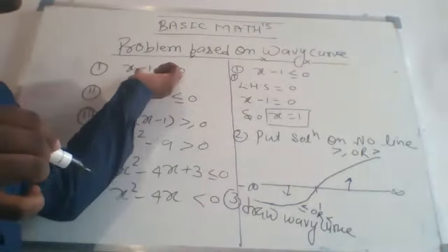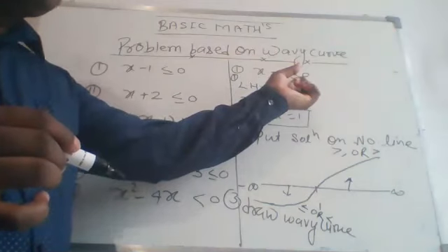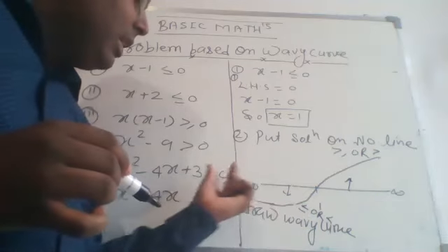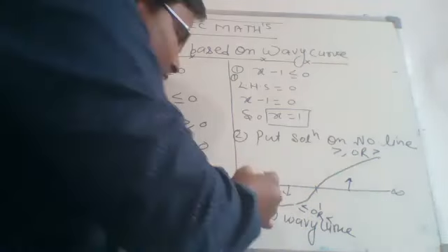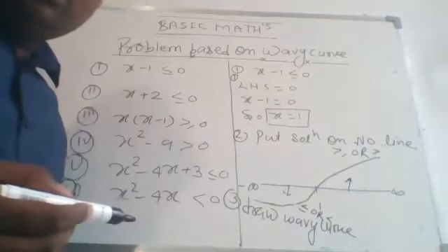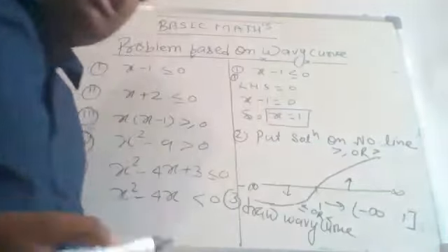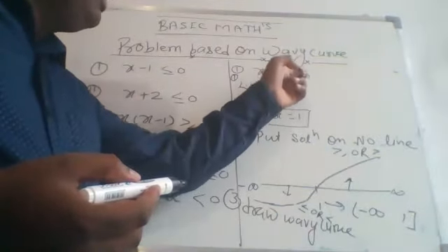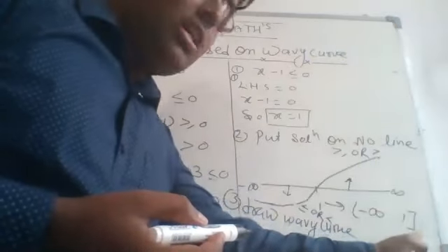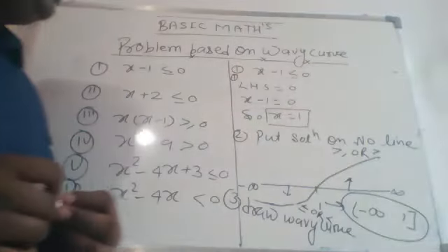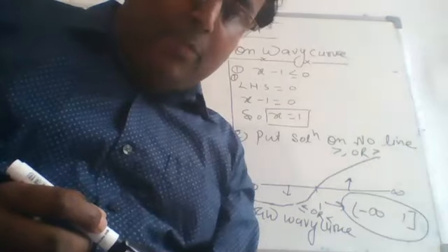Now here in the given question, the inequality has the less than sign, so we have to take the portion below the number line and write the solution from left to right. When we write the solution from left to right, what do we get? Minus infinity to 1. So minus infinity to 1 is the required solution. At minus infinity, we always apply the open interval, and when the inequality comes with equality, we have to apply the closed interval. So here we apply the closed interval on 1. This is the required solution of the given inequality. Okay to all of you, just write it down onto your copy, everyone.